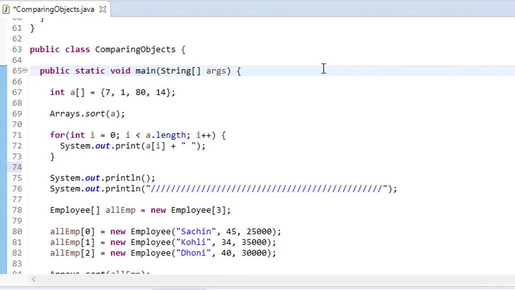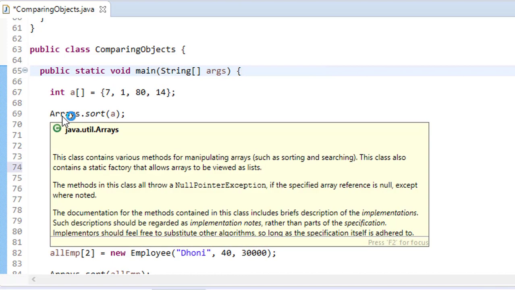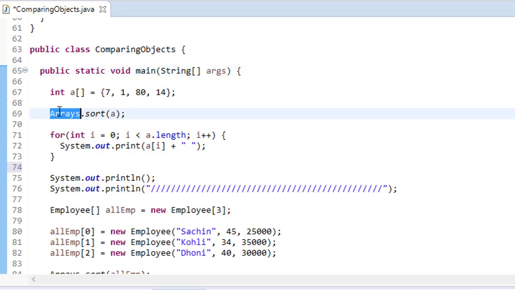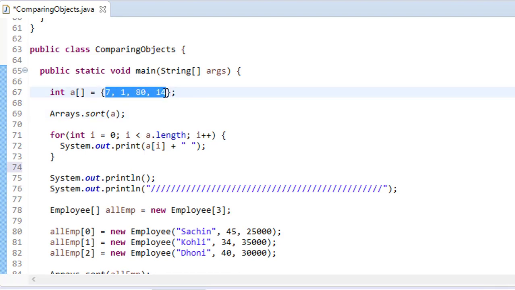If we have an array of primitives, we can just call Arrays.sort, right? We have this Arrays class, and if you call Arrays.sort and give it the primitive type array, it will sort, because here we have all the values. On the basis of the values it will sort. Internally it uses the double pivot quicksort algorithm, and according to that it sorts the array, right?